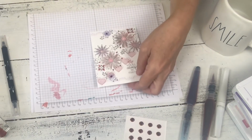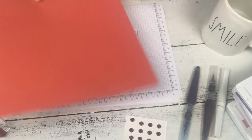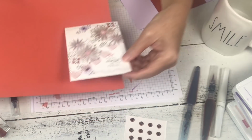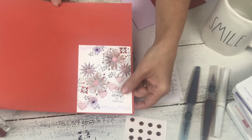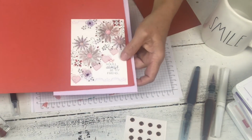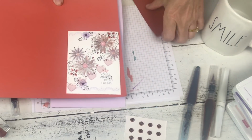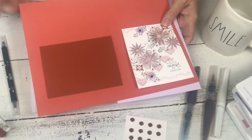Okay, now here's what I'm going to do. I'm going to show you one thing first. Here is the Terracotta Tile. So I was going to put this on here for my In Color background, and then here's the Purple Posy cardstock, which the cardstock is available. So here's this, but then here's the Terracotta Tile, and here's our Cajun Craze, which is a current color,